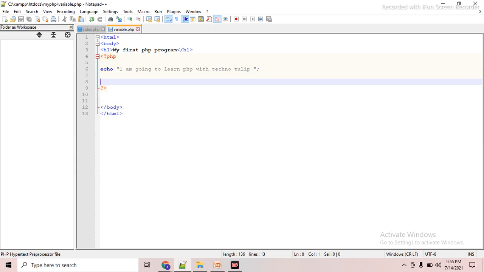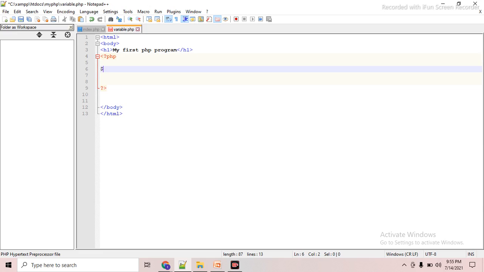As we have discussed about variables, how we write them and how the output comes, create a variable with a dollar sign.